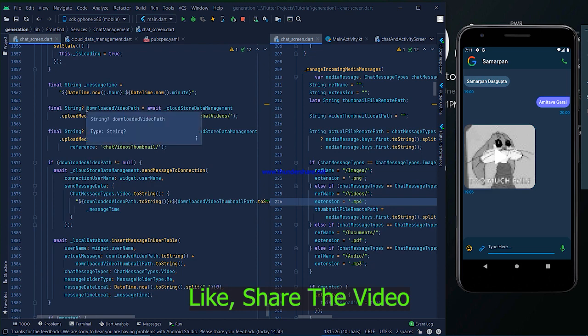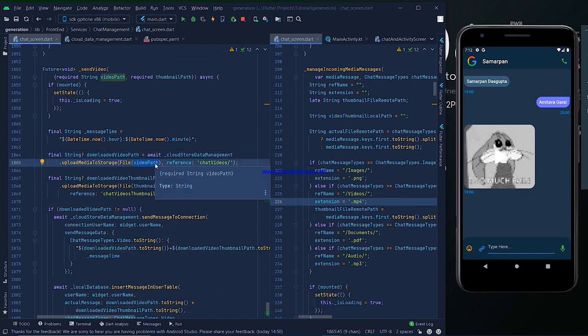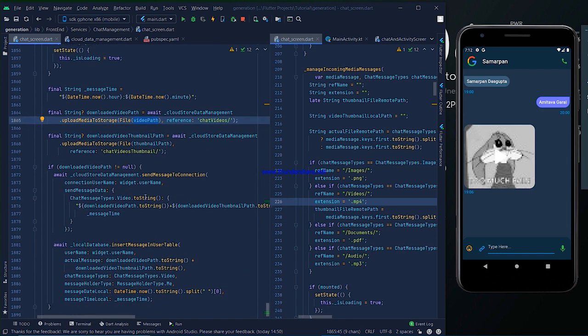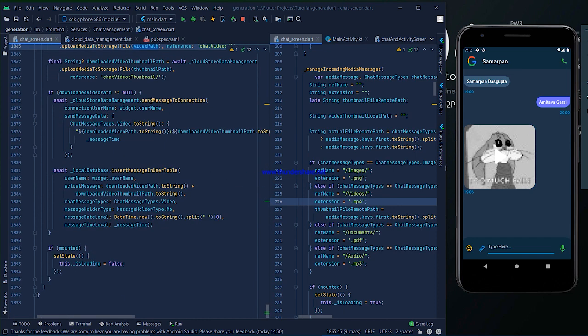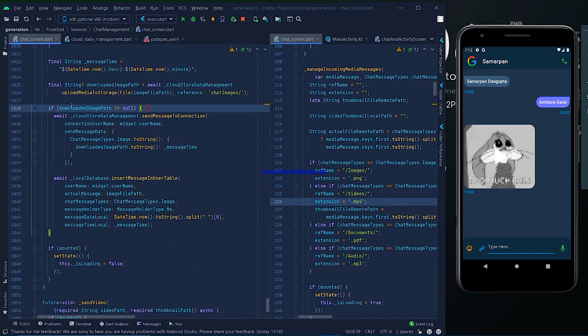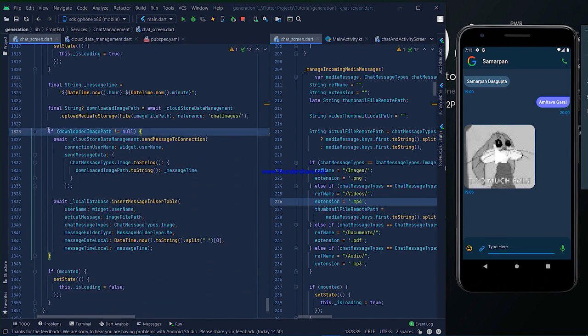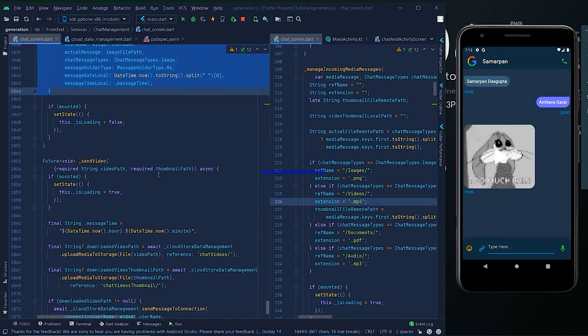Please see carefully. We take the download video path and pass the video path here. First we upload the video file to Firebase storage and then upload the thumbnail file, and then provide the corresponding reference. The selected portion is similar to the one in send image that we made in the previous video.